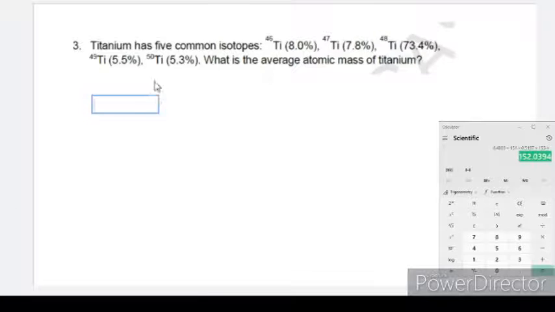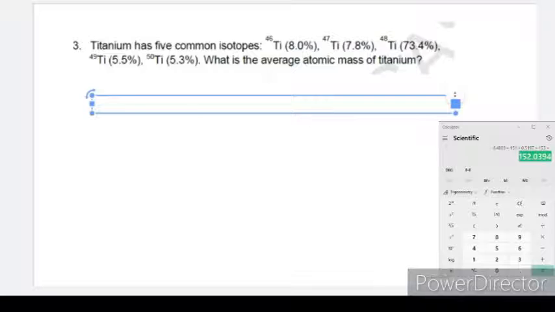Okay, starting off with changing the percent into decimals. Again, let's just move the decimal point 2 places to the left. So the 8% will just become 0.08. Multiply that by 46. Why 46? 46 is the atomic mass of the first isotope. We will add that with 0.078 times 47. You see the 47 there? That's the mass number or the atomic mass, plus